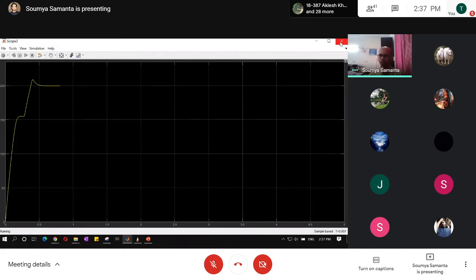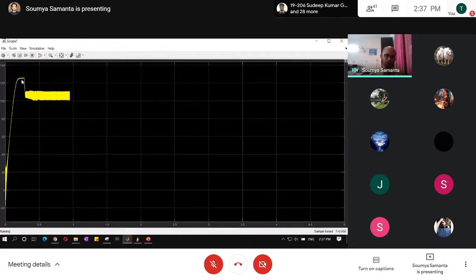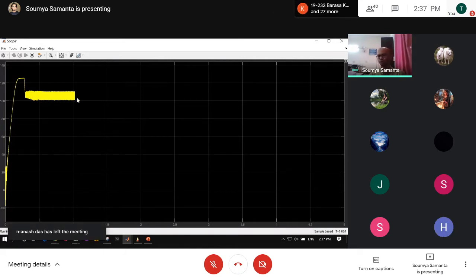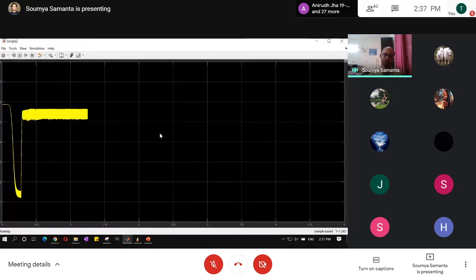Next, I will show you the PV voltage. It is 120 volt I have told you, but whenever it is MPPT, it is slightly less than that. The MPPT part was explained previously. The voltage will be slightly less than the open circuit voltage, so this is the MPPT voltage we are getting. Next we will get the PV current, according to the MPPT. It is around 5.5 ampere.